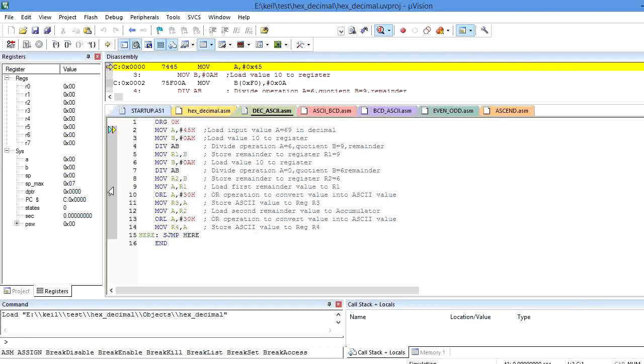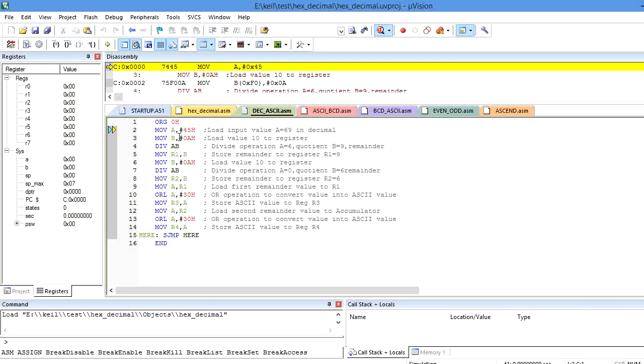And here in our program we are using R1, R2, R3 and R4, and the register called accumulator and register B. Before execution all these registers are 0, where R3 and R4 will contain the ASCII value of the decimal. Now we will explain the program here.